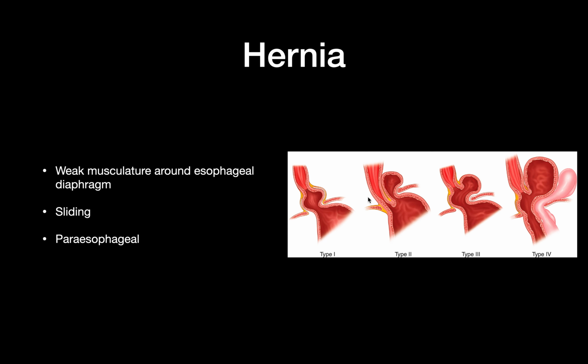It could also protrude around and encapsulate the esophagus as well. This is really defined by GERD, so acid reflux. It's quite painful. This is the third type, where it will protrude back both here and here. It's considered a paraesophageal. And the fourth type is the most dangerous, of course, because you can see the intestines